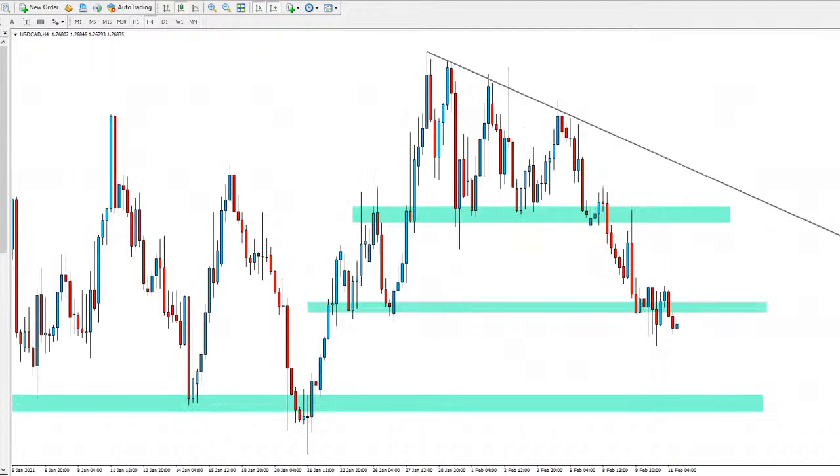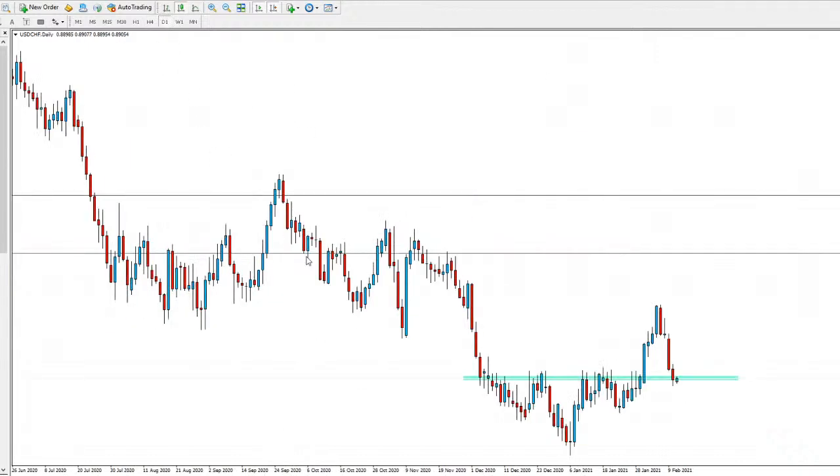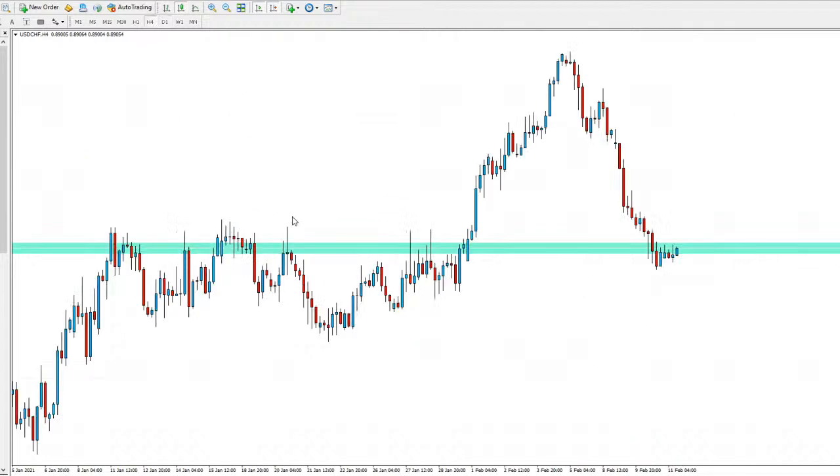Again, a lot of the USD pairs just trading around key levels, and we just need to see whether they break through the key levels or they hold. USD is another one of them coming to test a really key level of daily resistance. So you can see here, really nice resistance all across there. Now prices come back to test it as support. So again, could be seeing a swing back up.